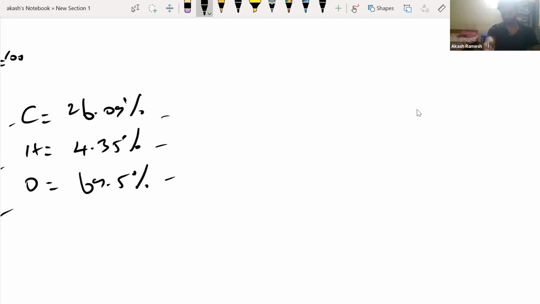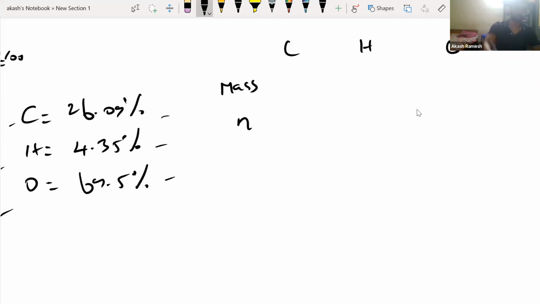So now, guys, it's very simple here. Any kind of question can be asked, depending on whatever the percentage, whatever the element, but the procedure is exactly the same. There is no change in procedure. Now what you're going to do is make a table. I'll write carbon, hydrogen, oxygen, and in this case we have the mass values and number of moles values. Whatever the given mass, and number of moles.